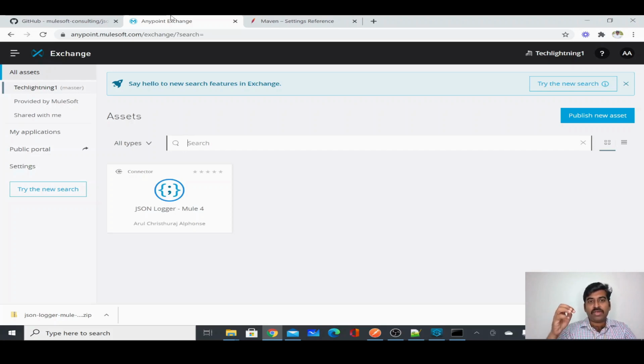So what I have done is configure my settings.xml. I created a new settings.xml where I specified my Anypoint platform credentials, the username and password, and after that, from the command prompt, I ran the command mvn space deploy from under my project, at the same level where my POM file is. As part of the deploy process, it compiled and created a package, and finally deployed the connector to our Anypoint platform organization, right? So now it's my organization. So now I have a connector.